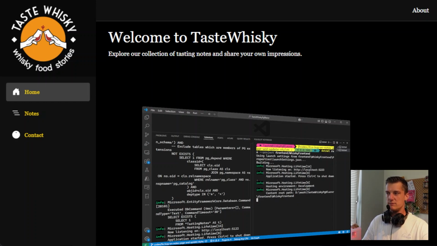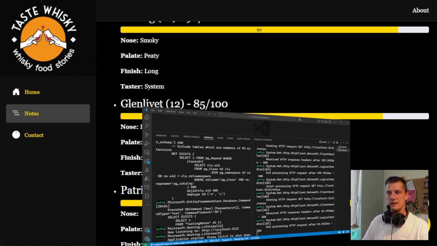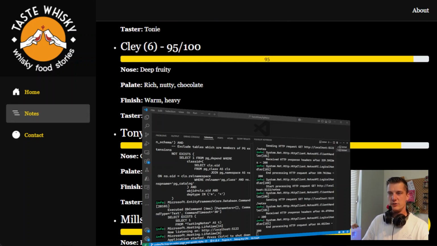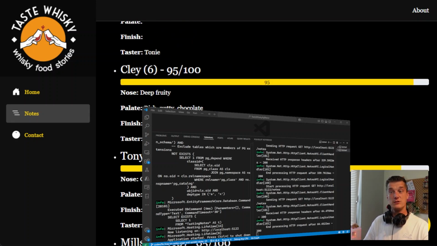And if I now go back to my page and click on the notes, I will see tasting notes of an Ardbeg with a 90 out of 100 score, and a Glenlivet, and a Paddy, and a Clay, and a Tonie Distill & Co. It's a very new distillery, very good. And a Millstone, something we are pretty proud of in the Netherlands. Just like Clay, also a Dutch